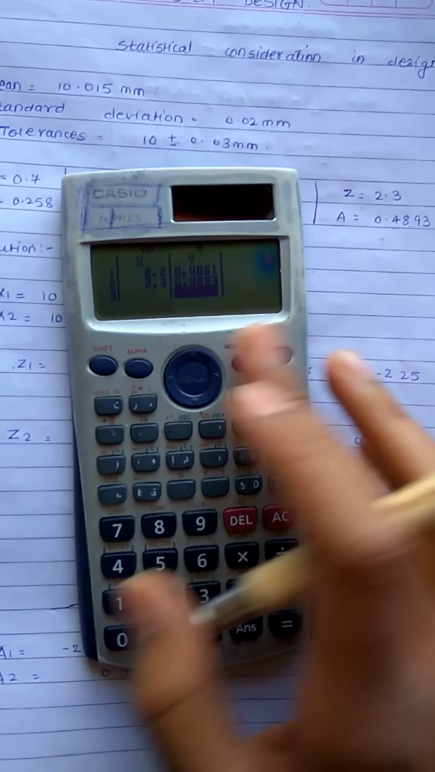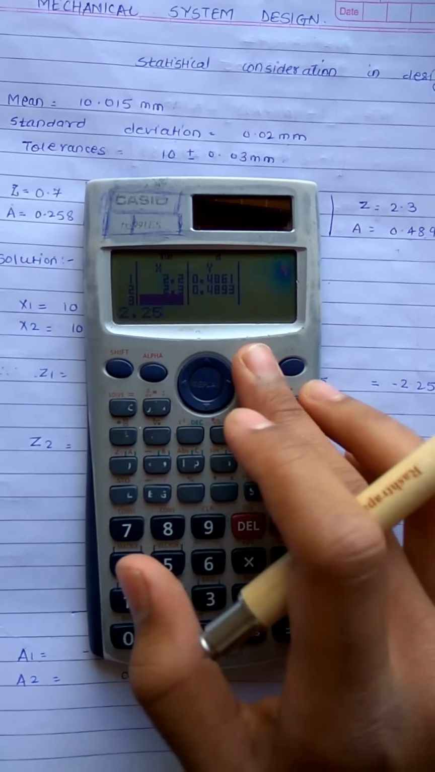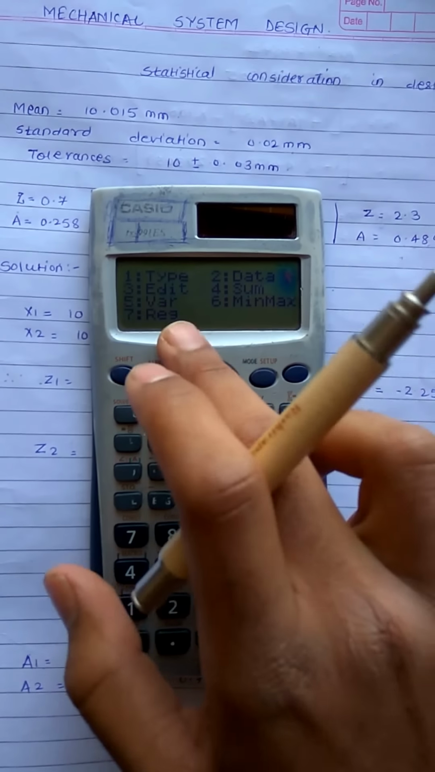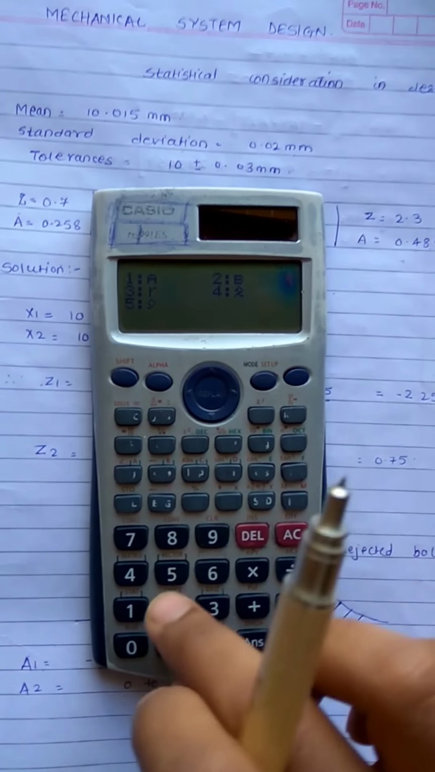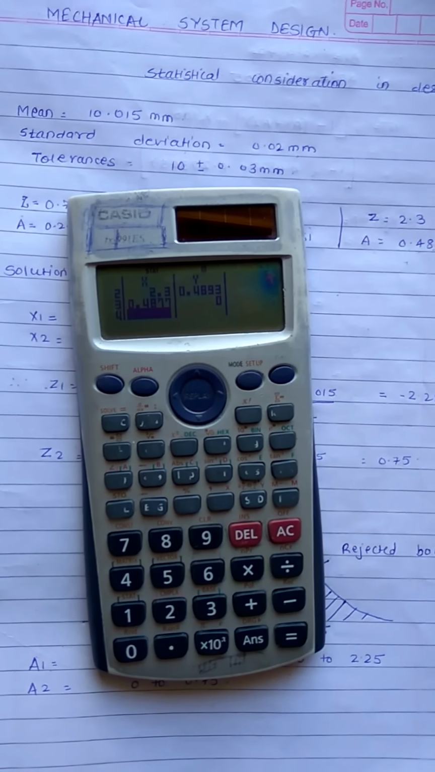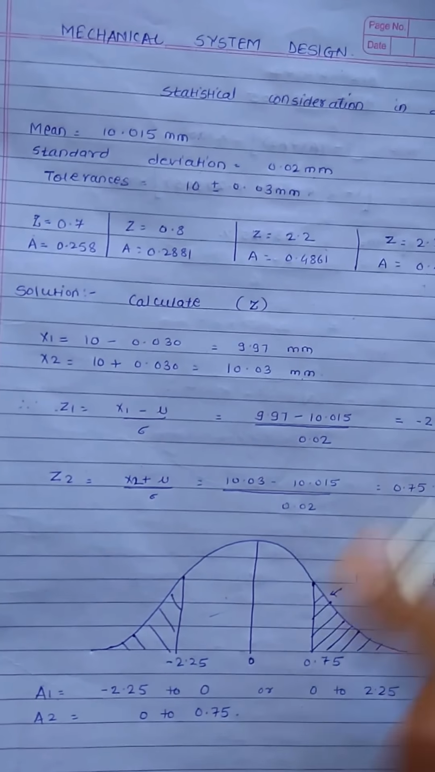Now next step is calculating it for 2.25. 2.25 shift 1, we have to take regression and we have to take the fifth one. So pressing equal to, we get 0.4877. That should be our area. So we have the area